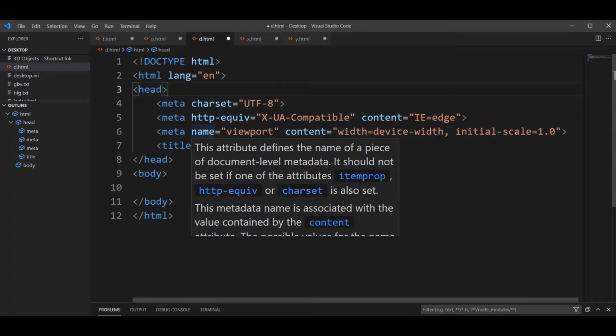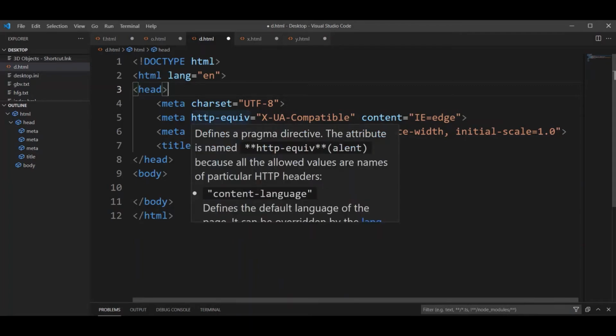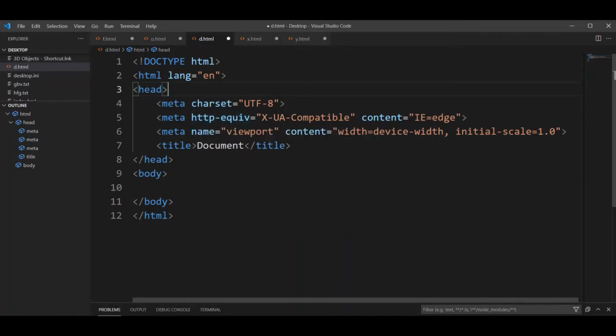What is the meta tag, we will understand now, friends. Meta tag is information about information, that is called a meta tag. According to the meta tag, we can add external links, JavaScript and cascading style sheets. Friends, now we will understand what is the title tag. We can add the name of your website in the place of the document title. It is mostly used in the title tag.